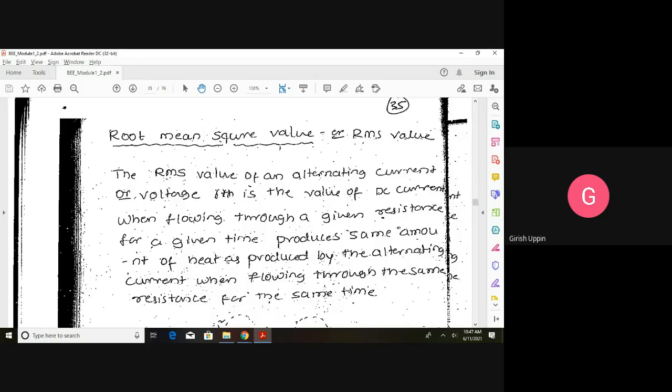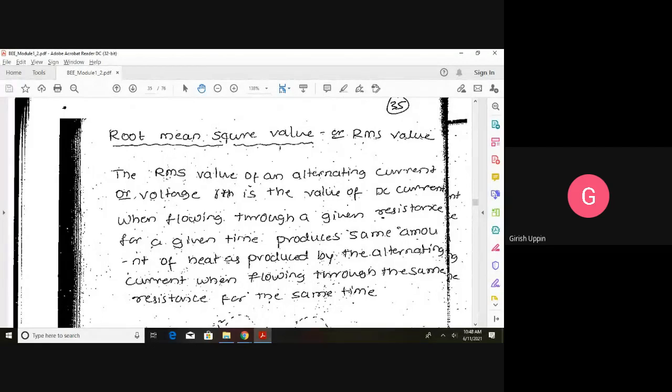If it is an unsymmetrical waveform, meaning the positive cycle is not the same as the negative cycle, then we take the complete one cycle. That time, the average value is calculated as the area under the curve for one cycle divided by the time period for one cycle. And we did the derivation for the sinusoidal waveform. We took a small strip and we integrated, we found the area for that, then we integrated for the half cycle, because sinusoidal is a symmetrical waveform.